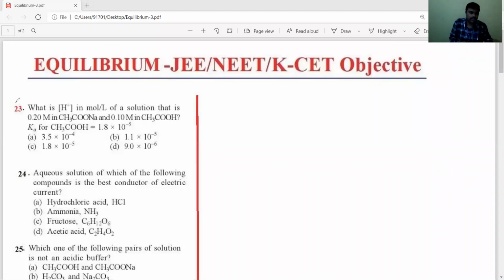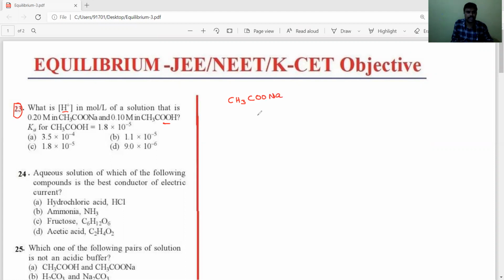Yes, students, listen carefully, dear all students. 23rd question. What is the given 23rd question? The 23rd question: we have to find out the H plus ions concentration in acetic acid. Okay. So the given solution contains sodium acetate,